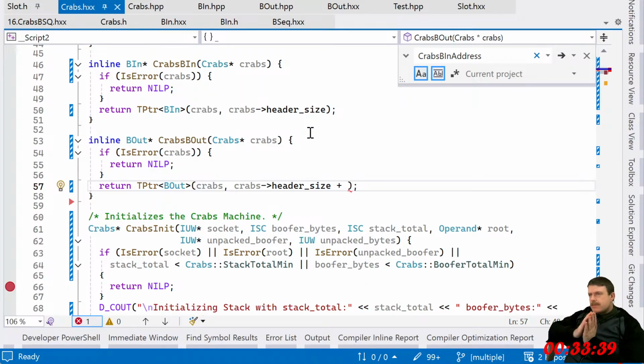I thought a slot was a B in and a B out, or just a B out, or just a B in.